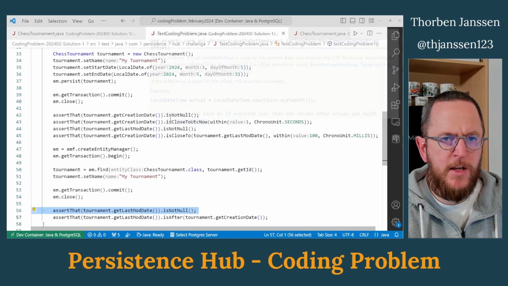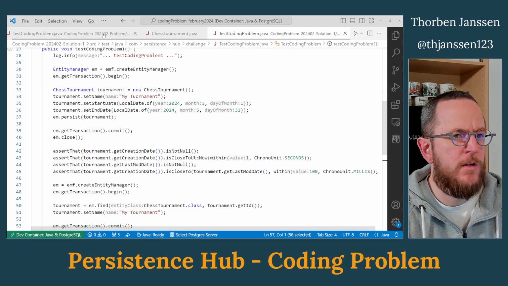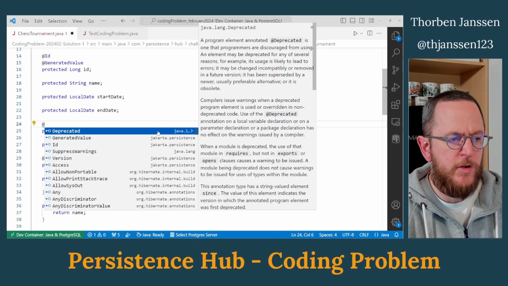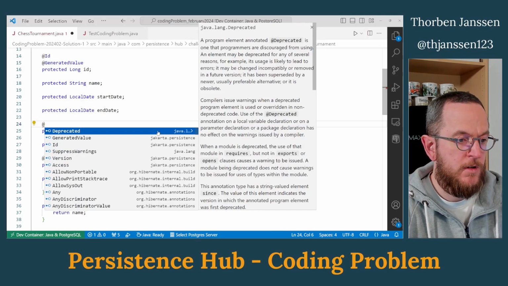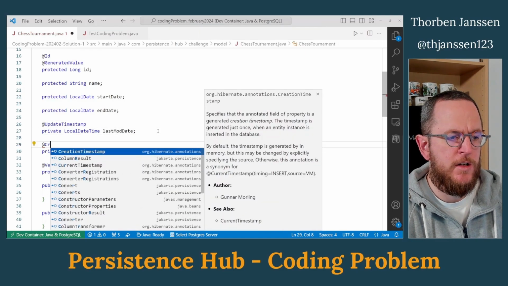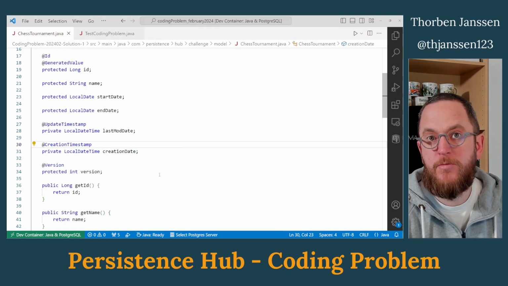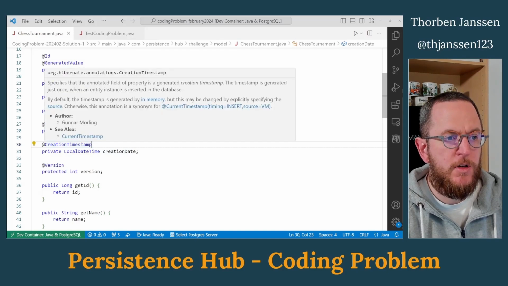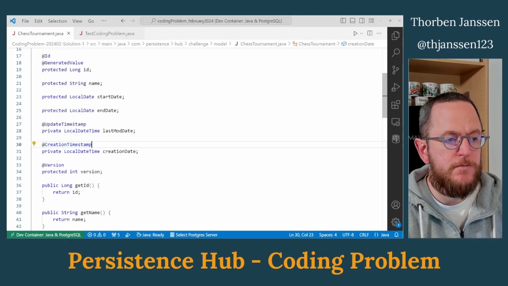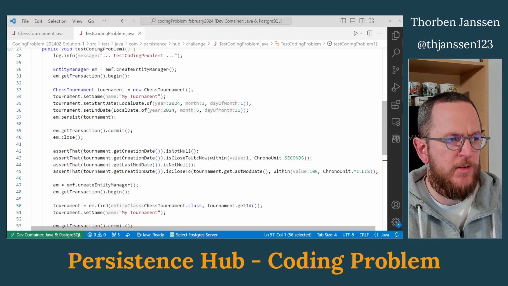So here we have the same test case as before. And well, let me close the other 2. And yeah. So the easiest option is to add an update timestamp annotation to the last mod date field and a creation timestamp to the creation date, and let Hibernate just provide the timestamps for this. You can see here, these are annotations from the org Hibernate annotations package. That one as well. And when I now run the test case again,